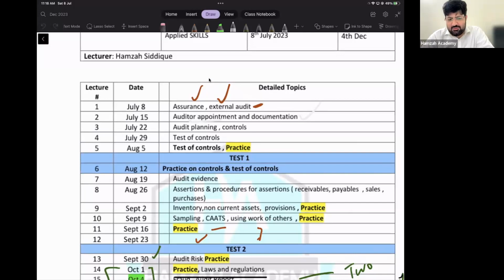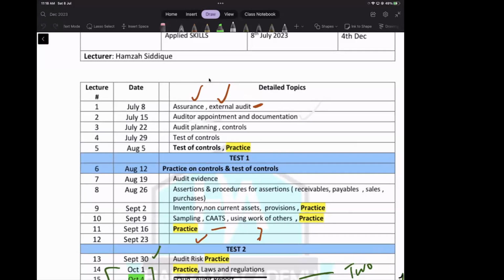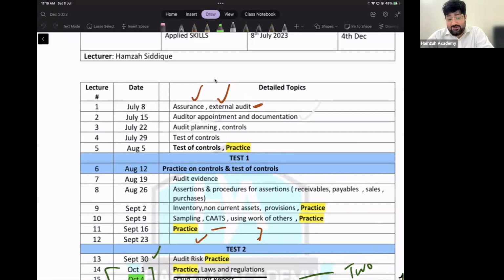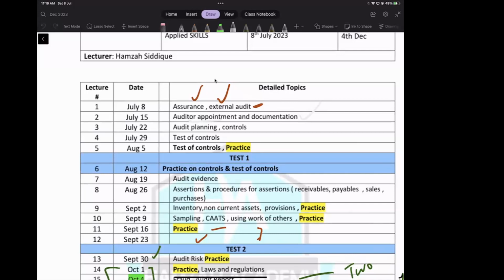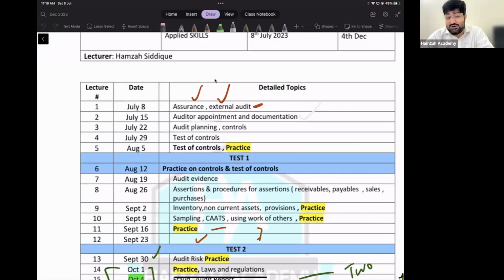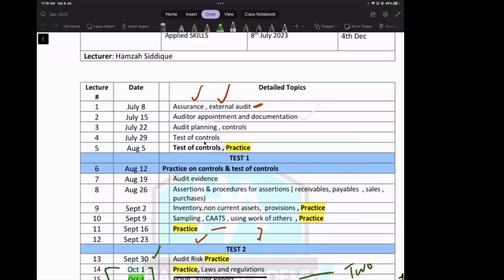Right. So it is your first time with us, or you have studied with our academy before? First time. I got good reviews, so I really hope to clear the AA paper because it's my third time. Third time. Really? Yes. So it is your first time with us, and hopefully if you work the way I guide you on a regular basis, you will pass, right? Yes, for sure.